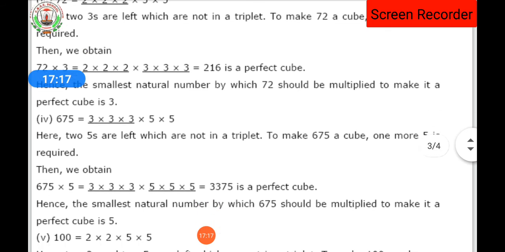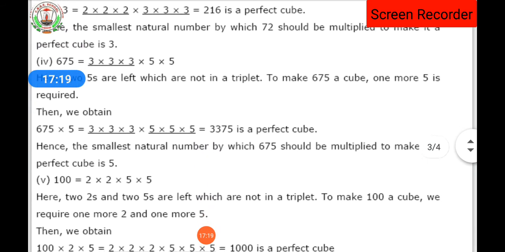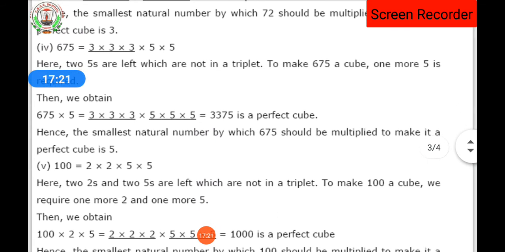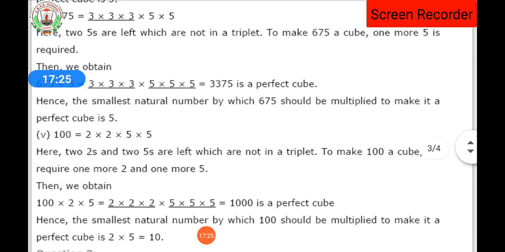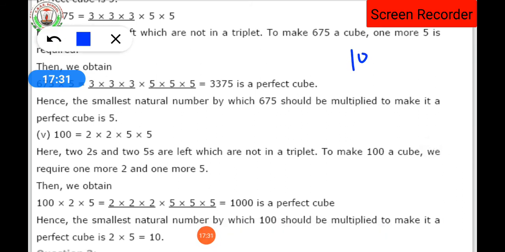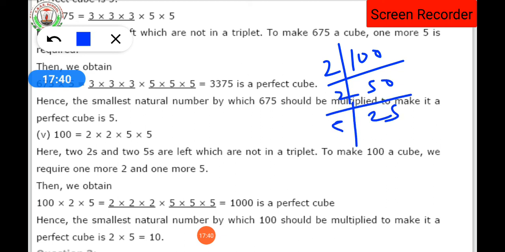Dear students, these questions I had already explained to you many times, isn't it? So since it's a revision, we are not going to do each and every question. So let's take the last 5th part of the question as an explanation. So as we can see, 100 is the number. Let's find the factors of 100. So here 2, 50, then again 2, 25, then 25 comes in the table of 5, 5 times, and 5 comes in the table of 5 one time.